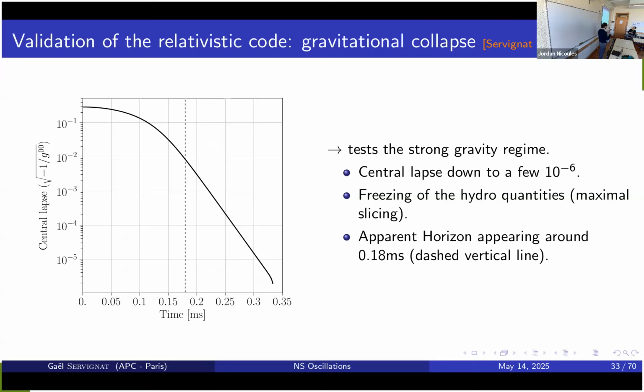And what the lapse does is tell you how close one slice of space-time is to the next. Which means that when it's really low, you really have a strong dilation of time. And the second thing that is notable is that from there, we use an apparent horizon finder to say there is an apparent horizon, which means a black hole has formed. So this indeed went to a black hole. And this means that the code is able to handle really strong gravity.